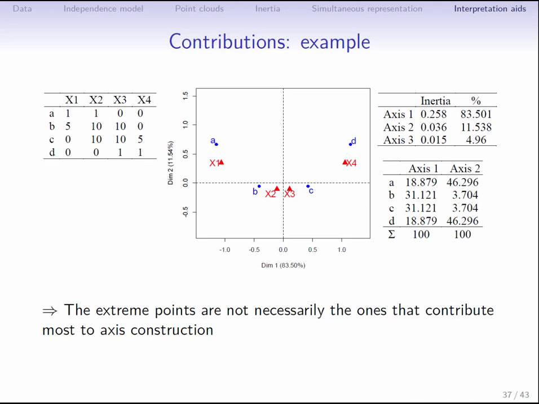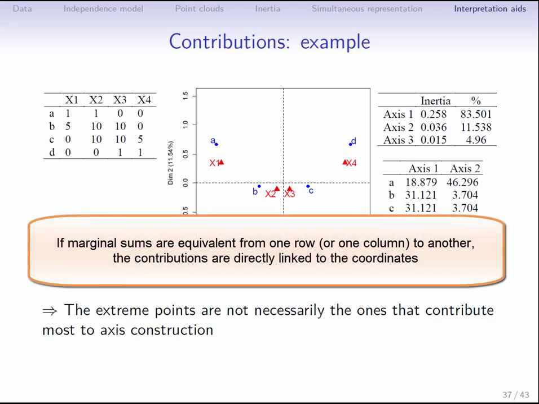also at the contributions. But before we go overboard, don't forget that this is quite an extreme example with huge differences in marginal sums of a factor of 10 or more. As a broad conclusion, therefore, if we have huge differences in marginal sums, it's very important to have a look at contributions. On the other hand, if there is little difference between the marginal sums, looking at contributions won't bring much more information to the table with respect to the plot, as the coordinate values in the plot also represent the contributions quite well.